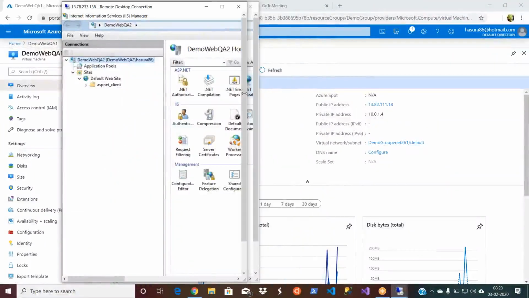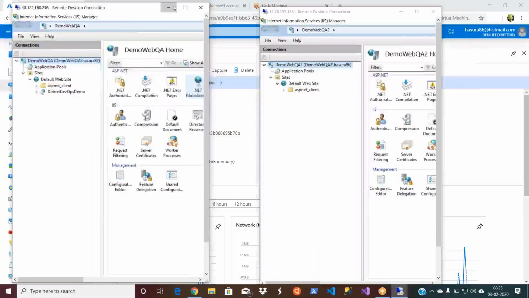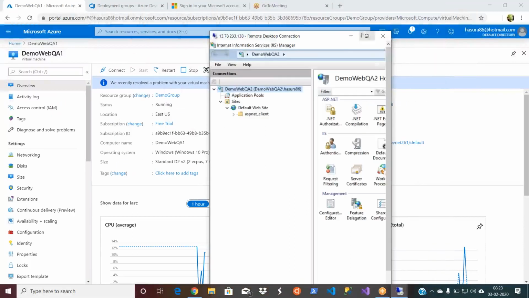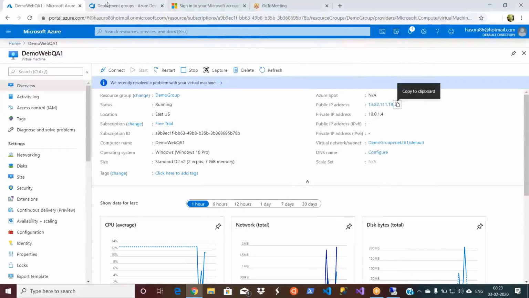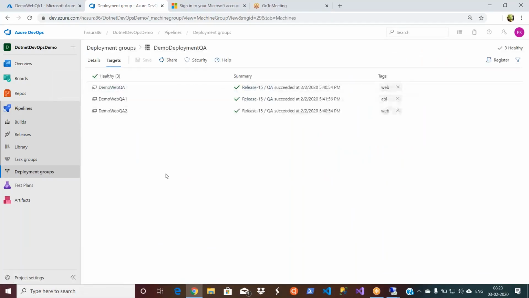While I am deploying, I'll keep it all side by side like this, so that we can easily see what's happening. Now let's minimize everything. So all my servers are available. So demo web QA, demo deployment QA is my deployment group for QA.